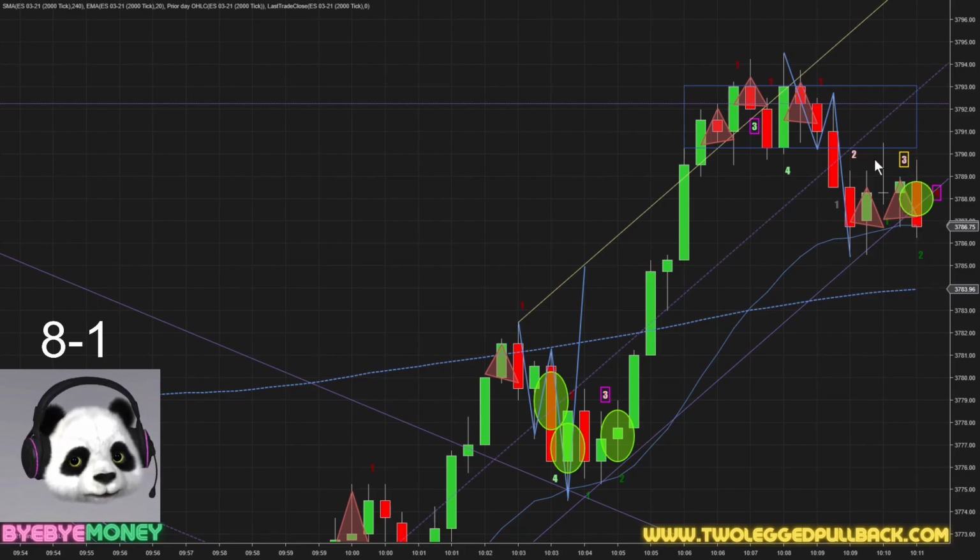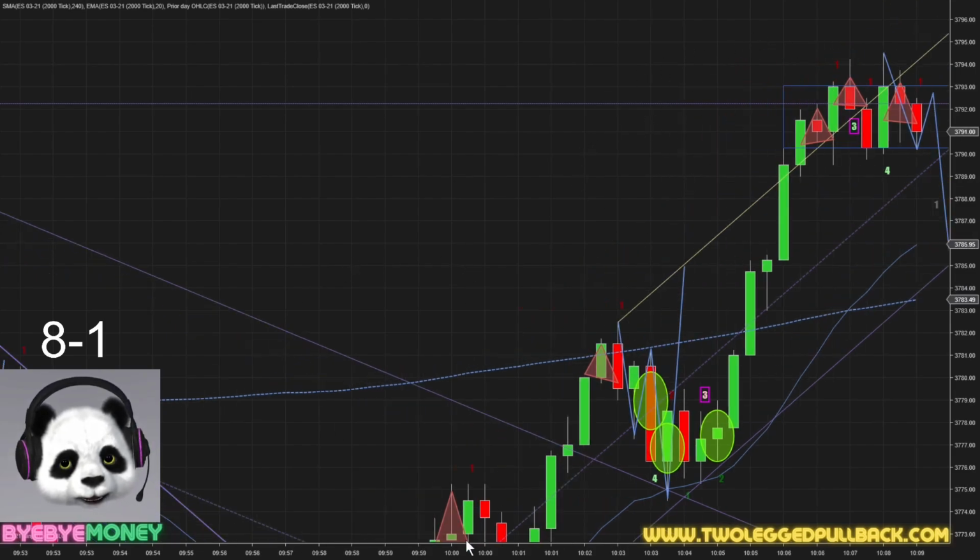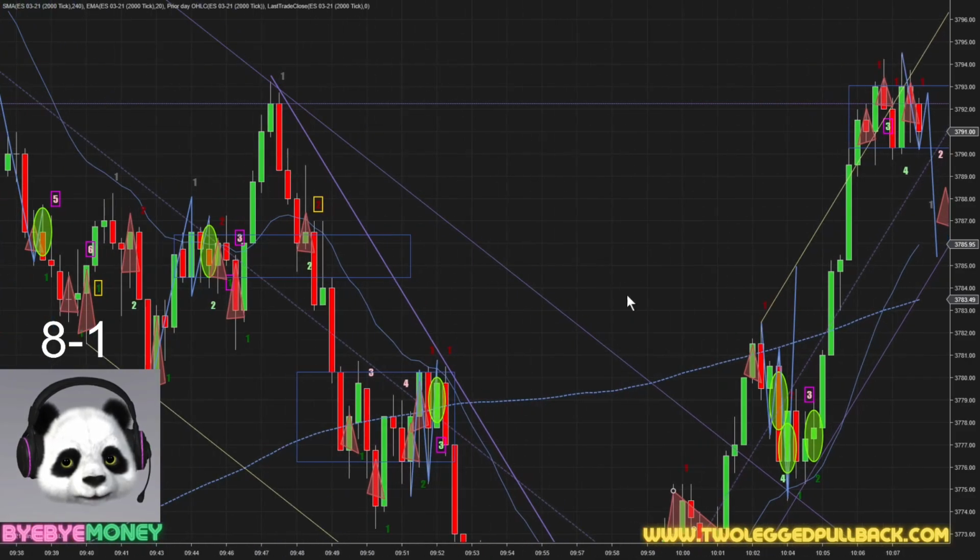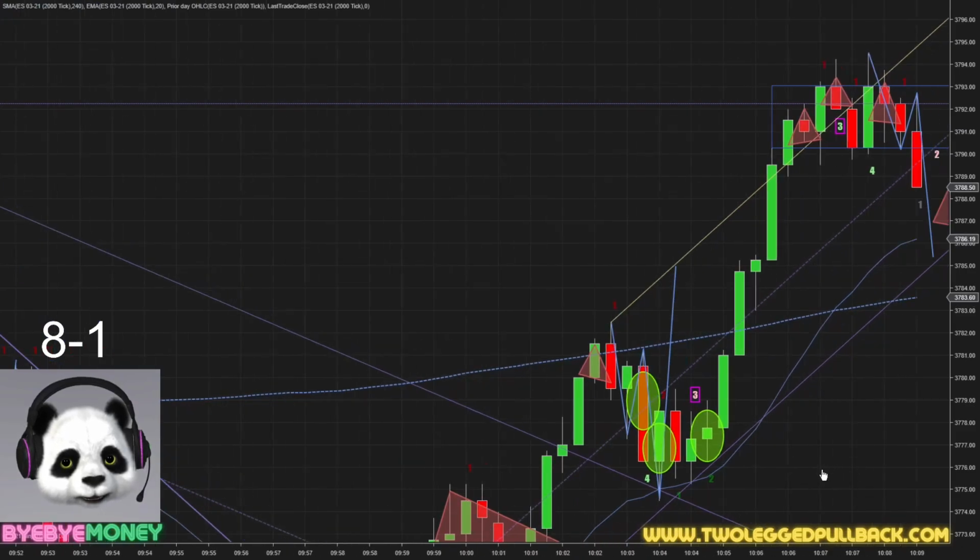Very good signal bar. Rejected off here, missed it, and now we're reversing. The only problem is that this trend line, we're still kind of in this uptrend, but we have been rejected at this double top here. As you can see, this double top from here to here on a strong downtrend. And so